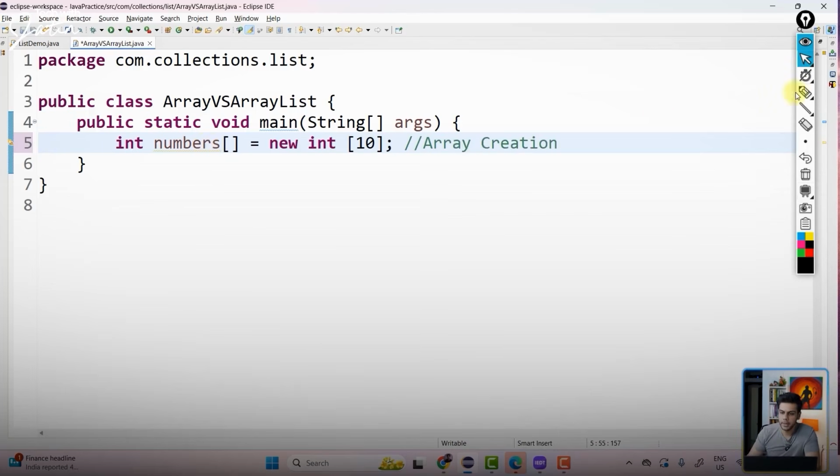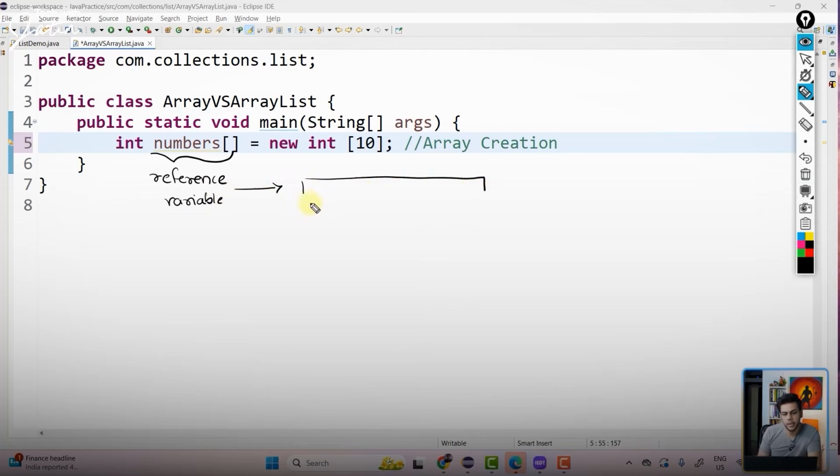So over here, just to repeat it one more time, this is my reference variable. This reference variable points to the array which is created in the heap memory. Now, when I'm saying that I'm going to create an array, I am telling the size of the array also, that I need 10 memory locations.